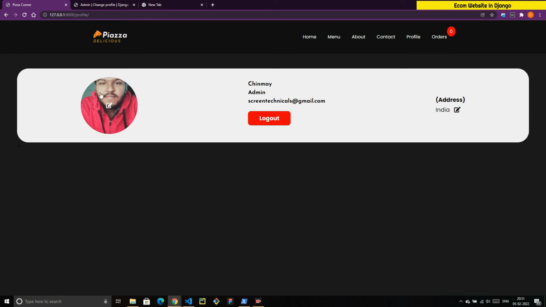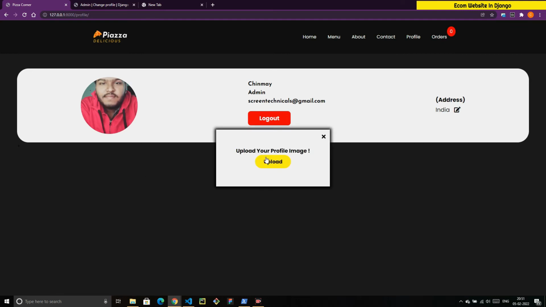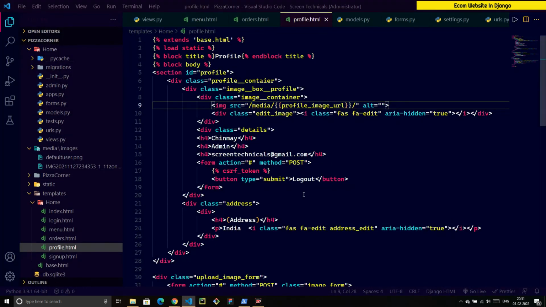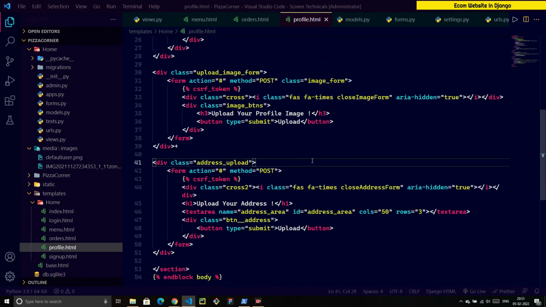And now when I click on this, I should see the input tag at this point. Let's create that input tag. It's going to be pretty much simple. This is the image form, so at this point you can find this image form, and inside this form, at this point I'm going to